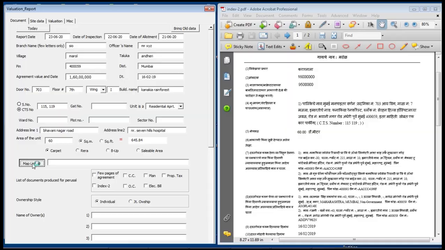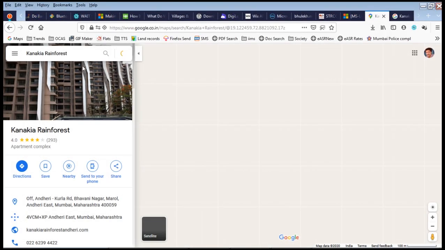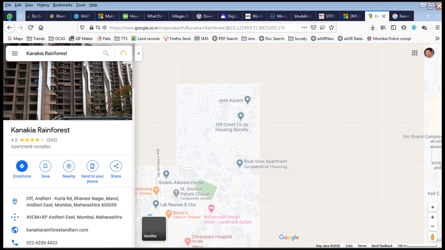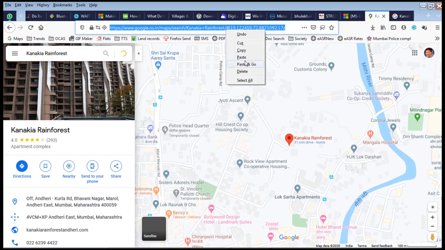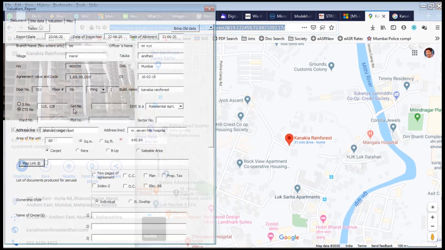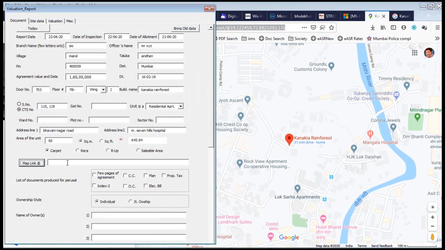Now by clicking this button we will be redirected to the map link and the link from where we can derive the price trend. Let us copy this link. This is the map link, and paste it here.